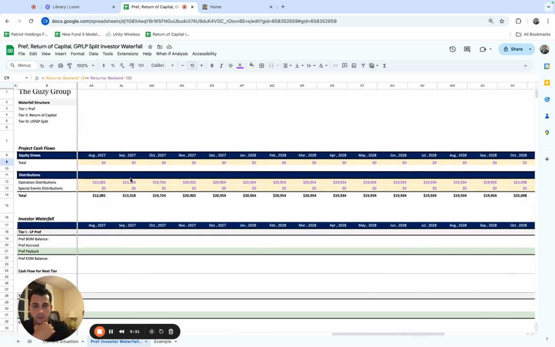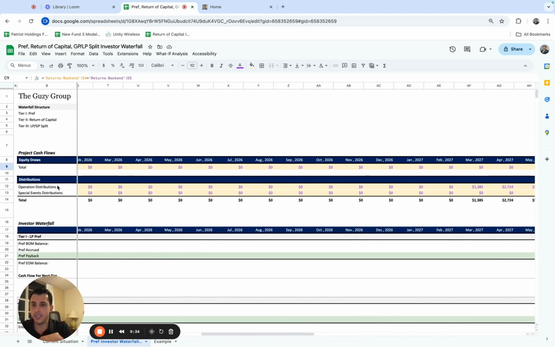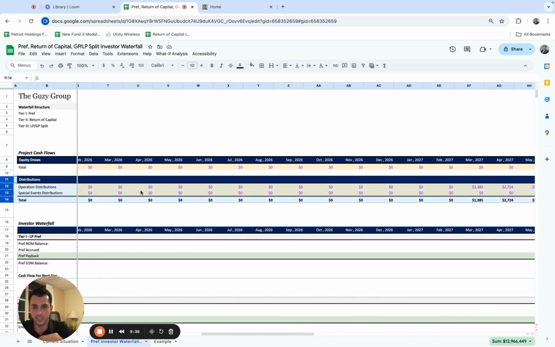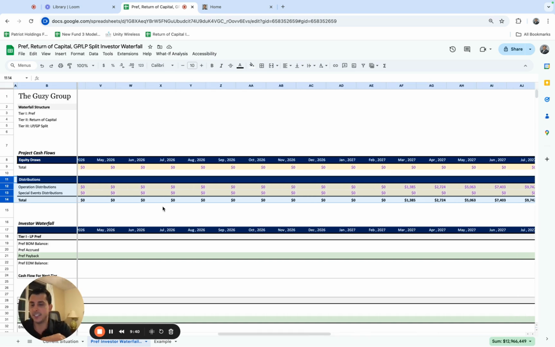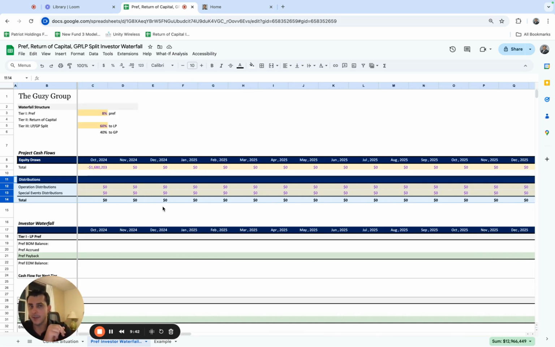And that's all for the 5-year hold. And then what is the deal going to spit out? That's the distributions. And you can see it's broken down into operations and special events. I've said this in many other videos. I'm going to say it one more time. Always separate your operations cash flows from your special events cash flows. In this case, it's not going to matter so much, but sometimes you work on private equity deals and the operations cash flow is going to go through a different